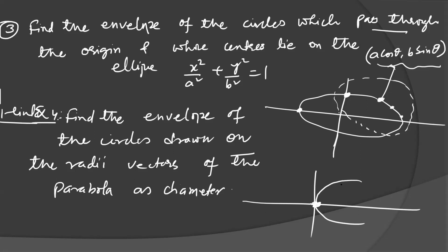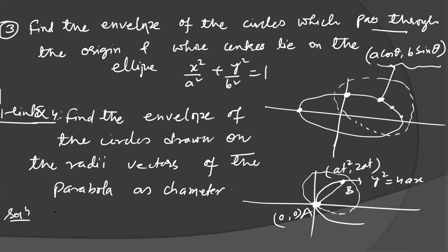So this is the vertex and any point joining to the point on the parabola and origin, this is called radii vector. AB is called radii vector, but we don't know the position of B. We know the position of A. B will be in the form of, suppose parabola is y square equal to 4ax, then B will be your at square comma 2at. You know the parametric coordinate of the parabola. So this is your diameter of the circle now. So you have the coordinates of the diameter.